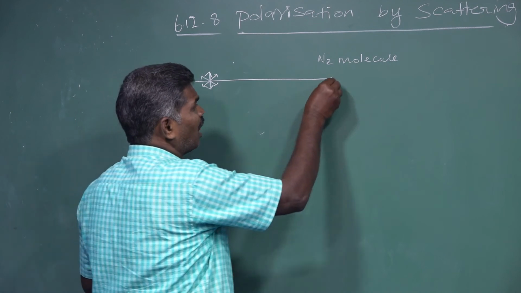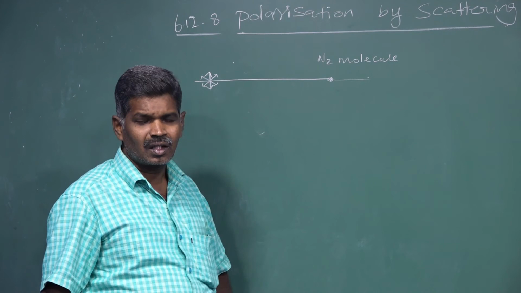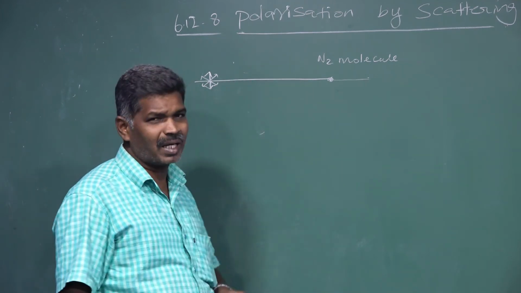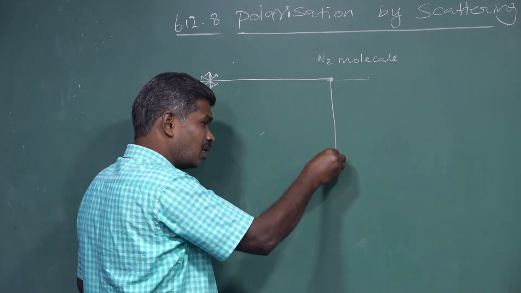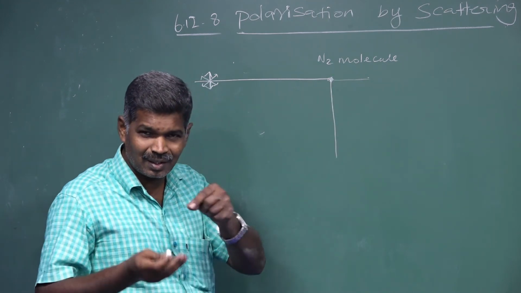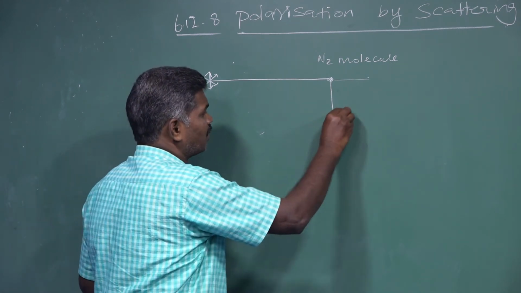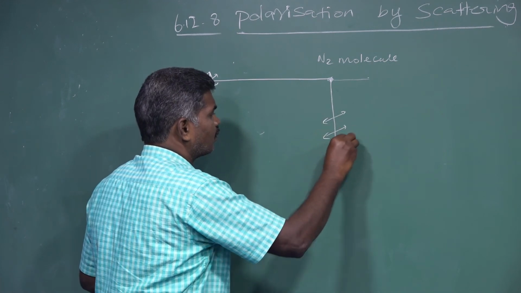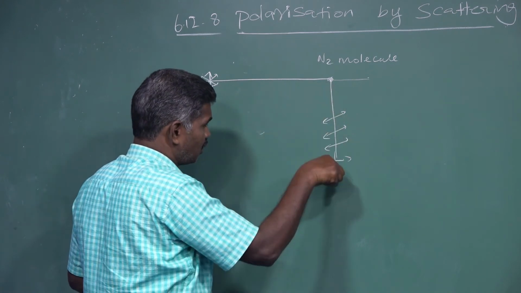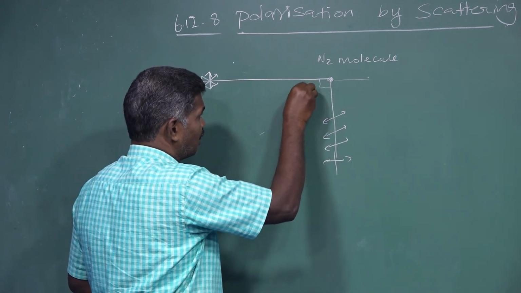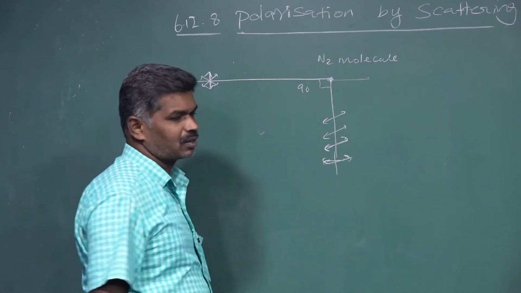One vibration is along the incident direction, and the other is perpendicular to it. The perpendicular vibrations are emitted and move in the downward direction. The emitted rays have only one direction of vibration. If you view at 90 degrees between the incident direction and the scattered direction, we have only one direction's vibrations.